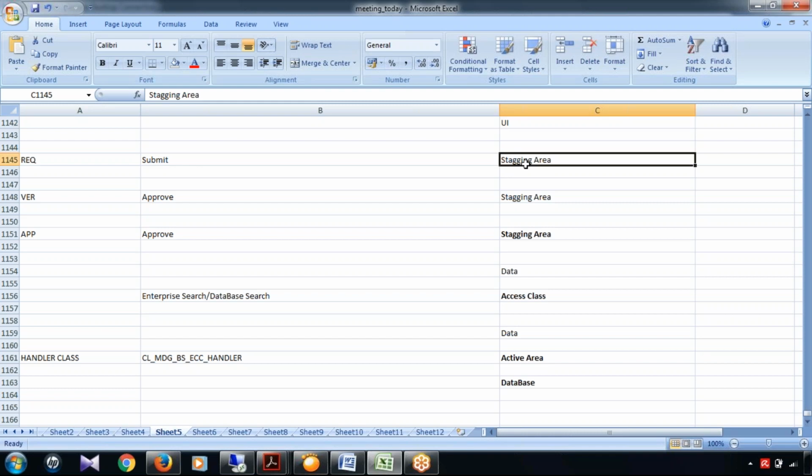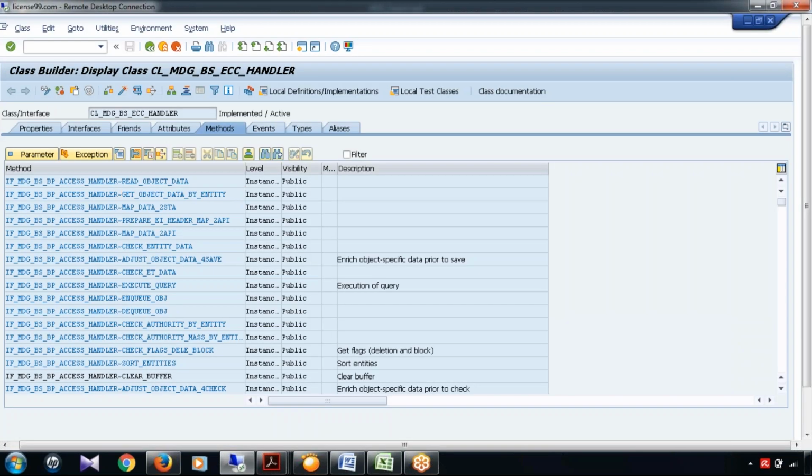So I need to do two things: one is the UI, and second I have to move the data to the staging area. For that, this is the method which we have to use: get object data by entity. This is the method which will move the data to the staging area. Once your data is in the staging area, then after the necessary approval, automatically the data will go to the